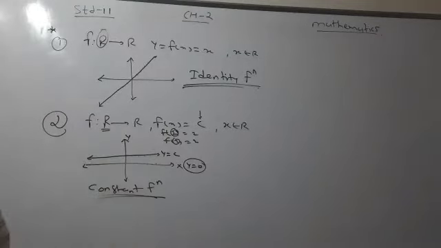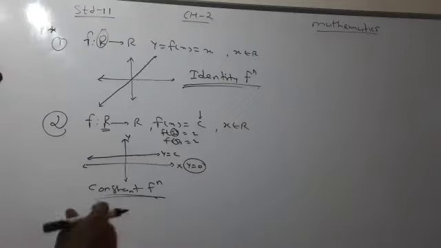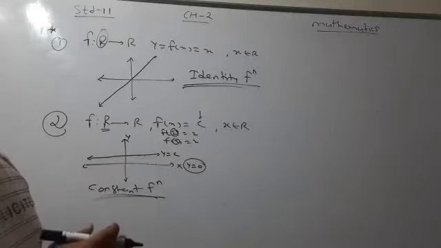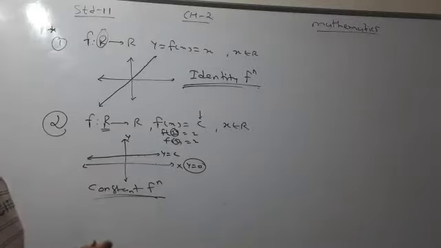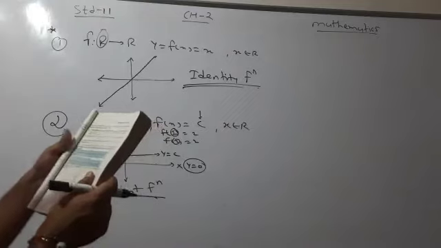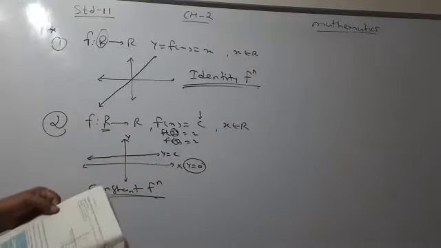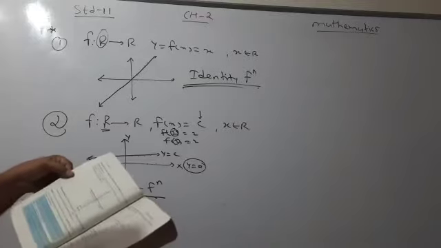Now the third function is polynomial function. It varies with power. If I put x square, then a different answer, x cube, then a different answer. So with the power, the graphs vary. So there is no fixed graph for this polynomial function. It varies from question to question.